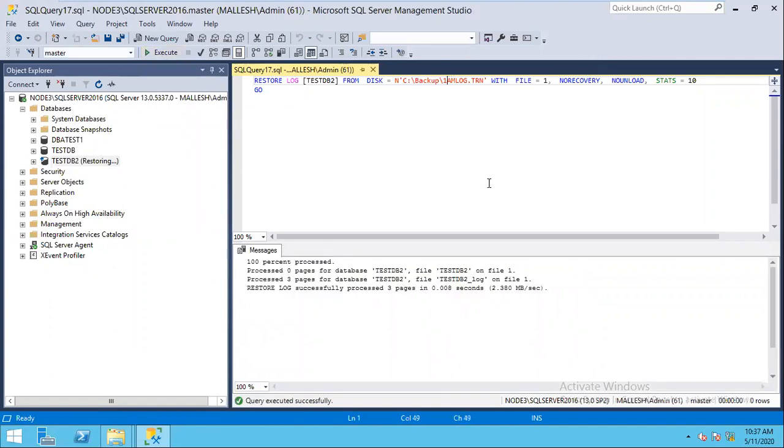Then the 2 a.m. log backup. As per the recovery procedure, we need to restore all the log backups until the last log backup. In our case, the last log backup is the tail backup, so we have to restore the tail backup with the recovery option. 2 a.m. has been done. Now we have to restore the 3 a.m., 3 a.m. has been done. Now the 4 a.m. log backup is also restored. Now the final backup is the tail backup, log.trn, and this is the last log backup, so I'm using the with recovery option